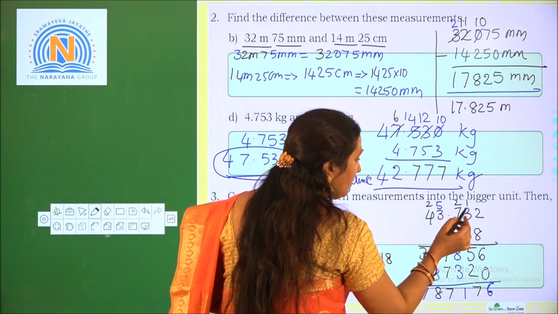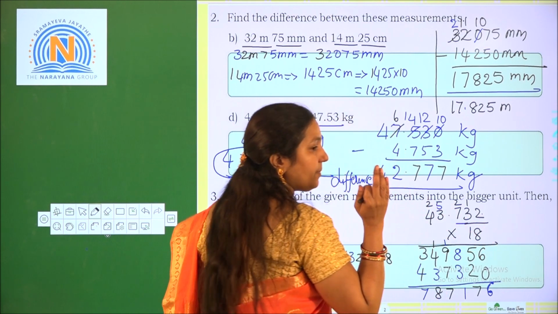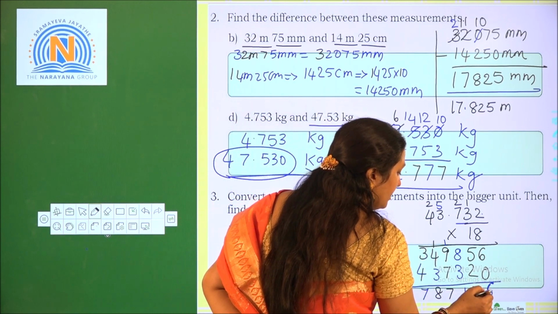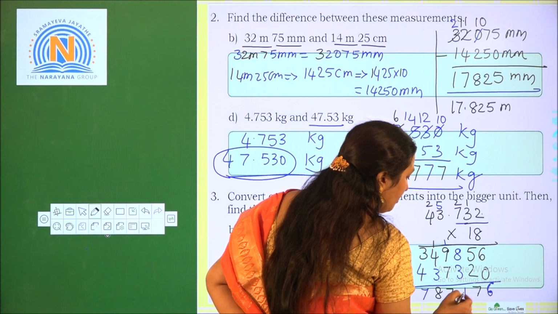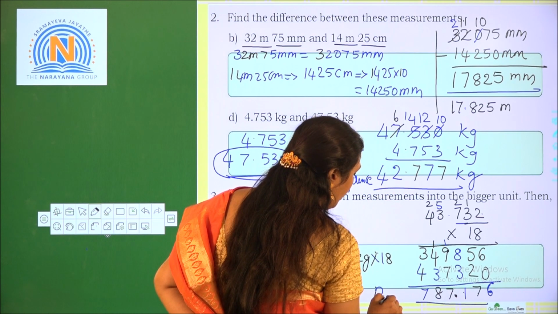Now, how many decimal places will come? Here 1, 2, 3. 3 decimal places are there in the multiplicand. So, 3 decimal places will come, 1, 2, 3 from right to left. So, what is the product? The product is